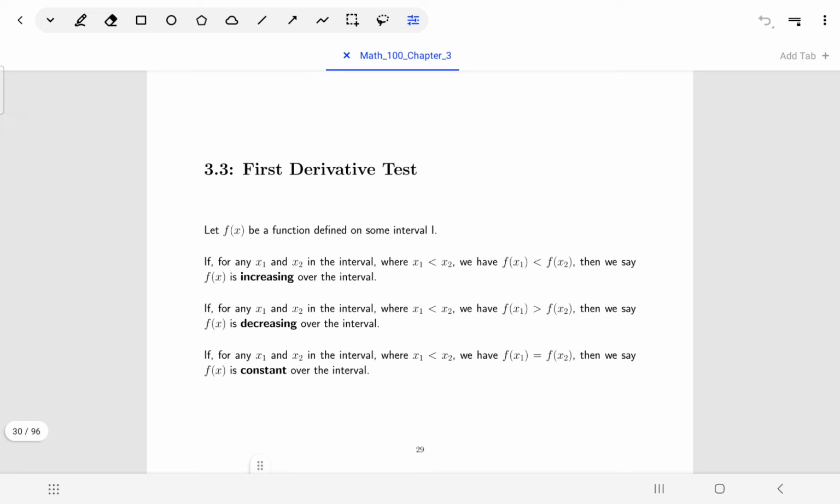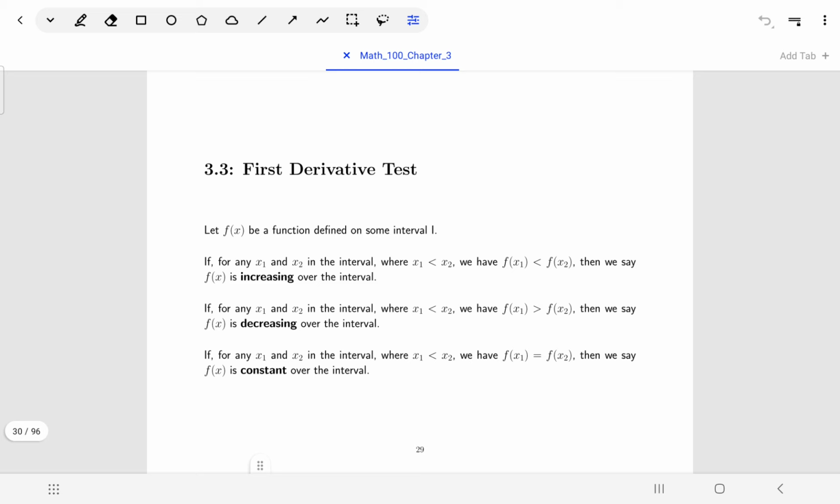Welcome back. In this section, we're going to introduce one of the two derivative tests, the first derivative test, which is used to figure out the location of relative extrema. Before we do that, though, let's just have a flashback to our pre-calculus days talking about increasing and